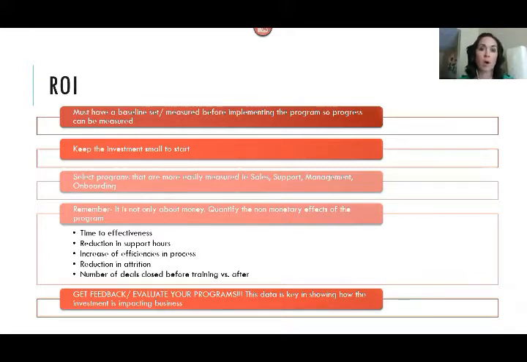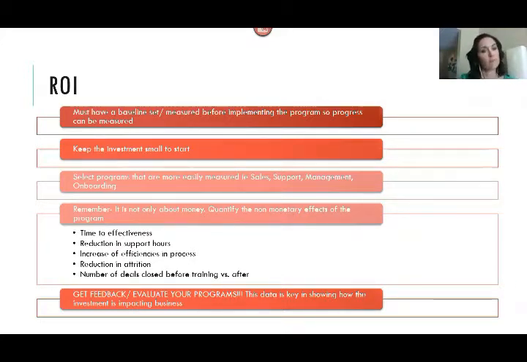So setting up some onboarding programs to make sure that you're keeping people from attriting in that first year, making sure that that first 90 days has a robust training program, that they are gaining the skills they need to be successful in their roles, and showing them that you care, that you value them as employees is huge. So onboarding programs always give a lot of value, and you can easily show ROI on those.